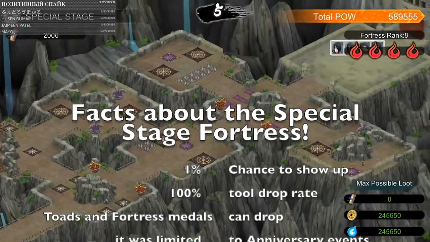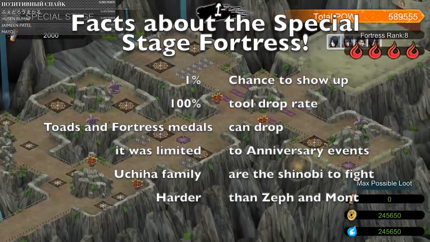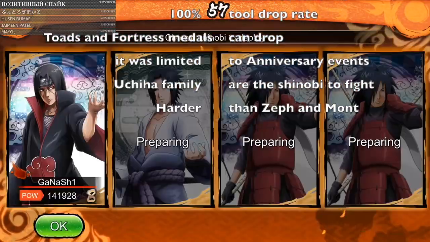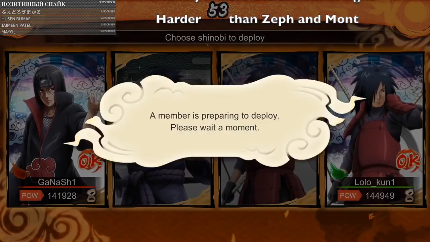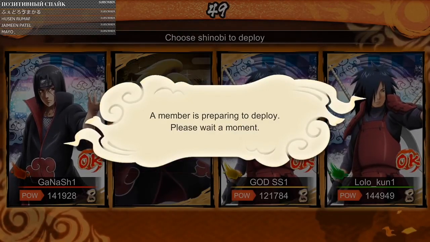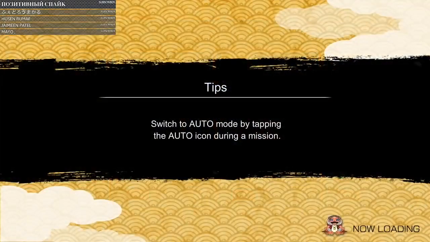There's only one possible way to actually improve your chances of getting a tool, which is not for everyone. It's only for people that have been playing for at least the last 4 or 5 months, and you need to have at least 24,000 scrolls in your account. Now this is pretty much impossible for new players,